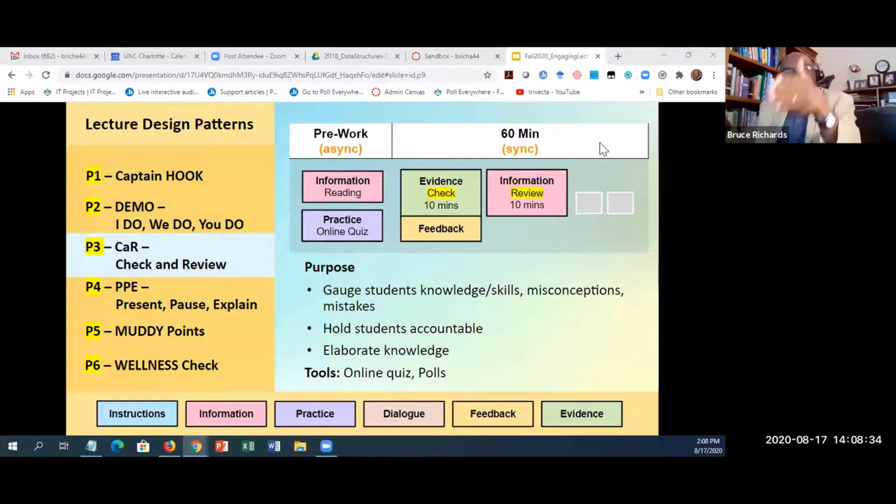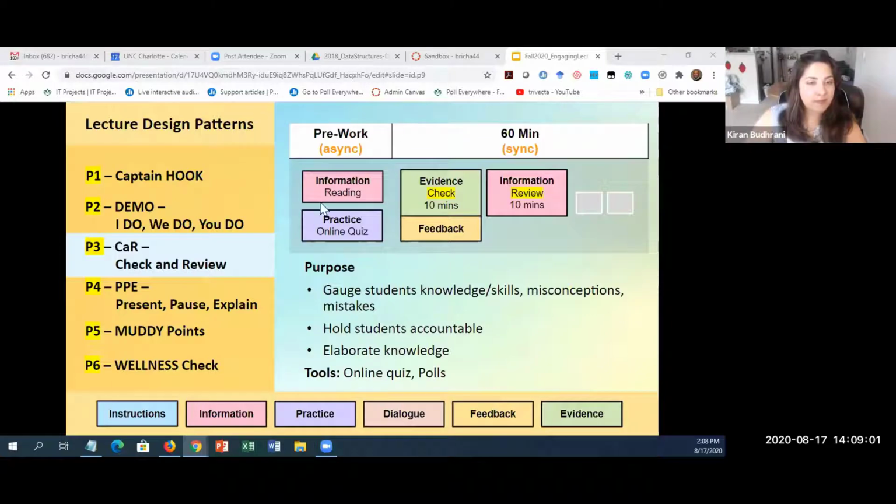Now, when they're in the 60-minute class, I don't have to worry about that foundational part. I can now get into the nitty-gritty of the evidence, the heavy lifting information that they need to build on based on the foundational knowledge. So now I can get more elaborate in the knowledge. I can get more elaborate in the information review. I can get more elaborate in the feedback that I give to the students.